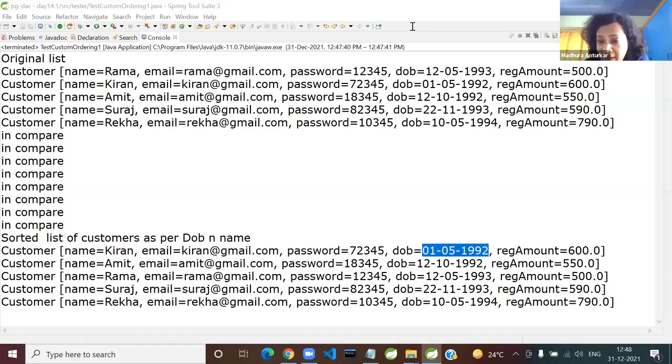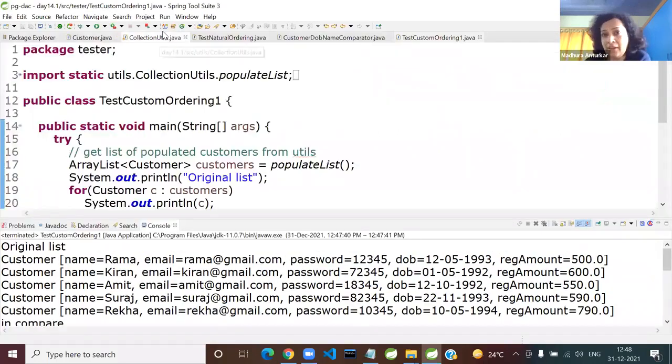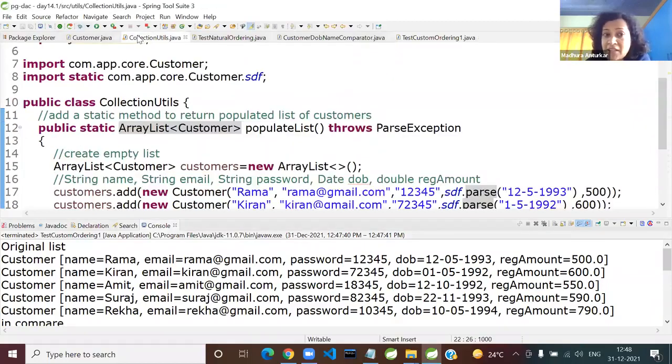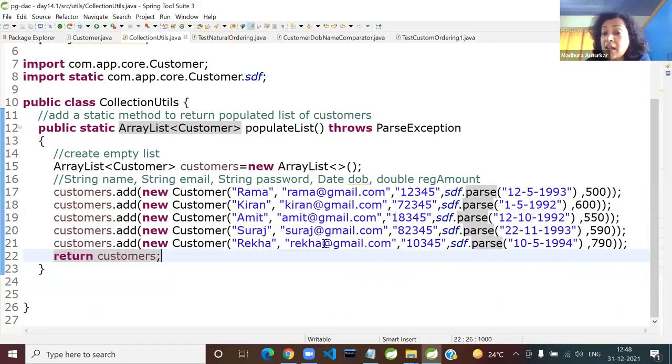Now let us add some customers having the same date of birth, and let's see whether it is doing the name based also. So open CollectionUtils. That is why, guys, I always insist, write some sample data which you can fix so fast. So let me give this 1592 couple of times.